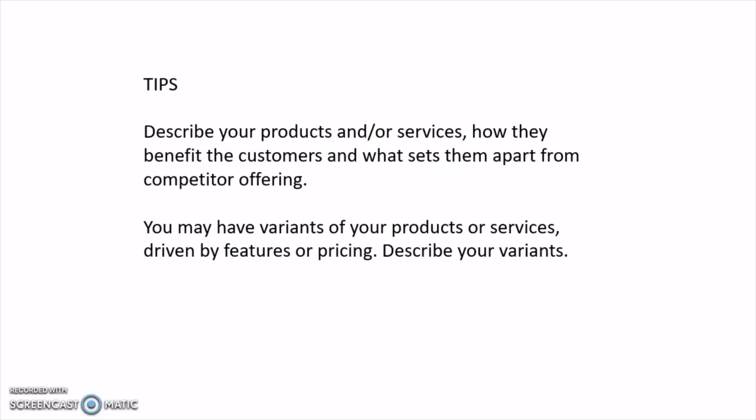For instance, if you sell chicken, you may be selling live chicken and you may be selling dressed chicken. A grown chicken is already a product that is ready. It's a product on its own. Then a dressed chicken is also a chicken, but it has progressed in terms of the processes of making it a food, right? So the prices are definitely not going to be the same. So you're going to describe each of these.